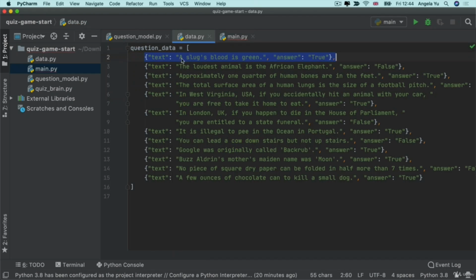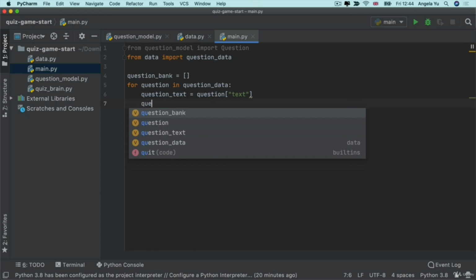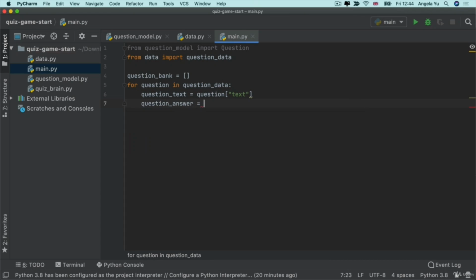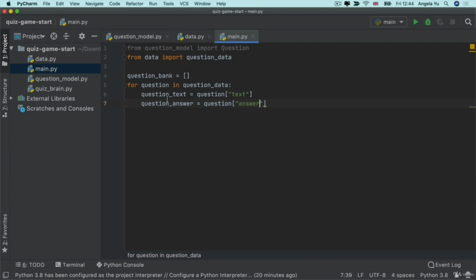And if we imagine we have one of these dictionaries and we want to get hold of the question text, then we'll need to tap into the text key. So I'm going to put text inside here, and I'm going to do the same thing for the answer. So this is going to be using the answer key that we see right here. So now if we're looping through the first one, we should have "A slug's blood is green" and True for